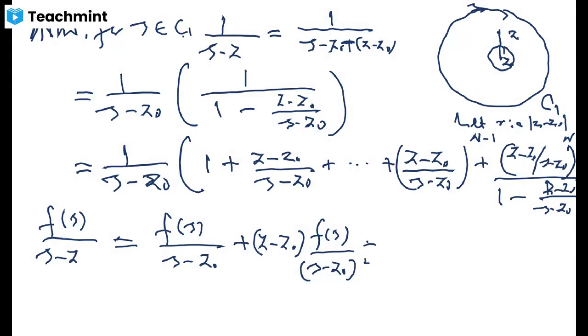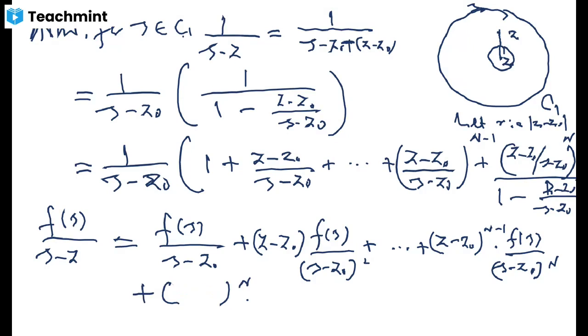Plus, if you look at the other terms you will have z minus z naught square, but I'm not mentioning it here. It will be z minus z naught to power n minus 1 into f of zeta upon zeta minus z naught to power n, and the last term is again here, I have to be very particular what it will be. It will be z minus z naught to power n, and then I will have f of zeta, and in the numerator I will have